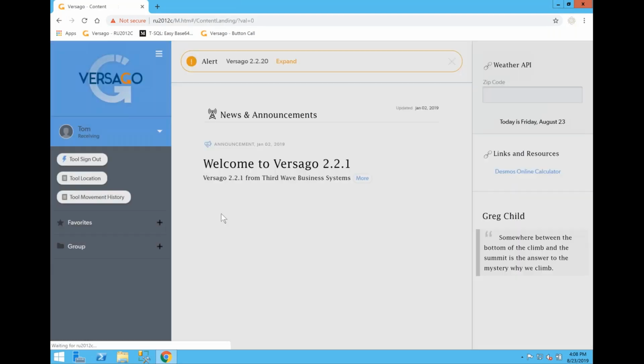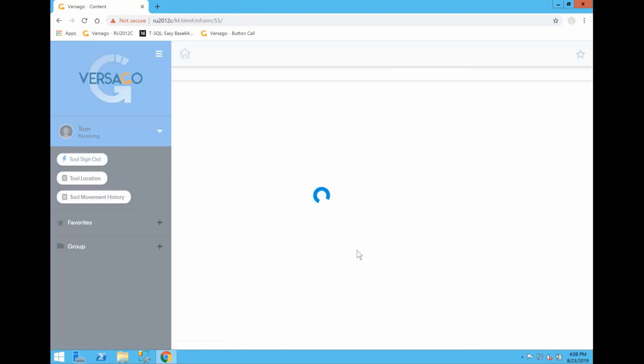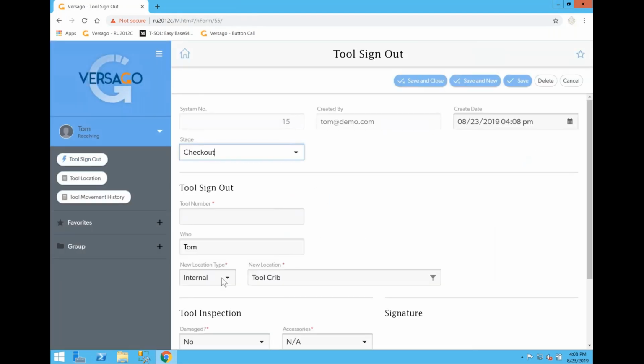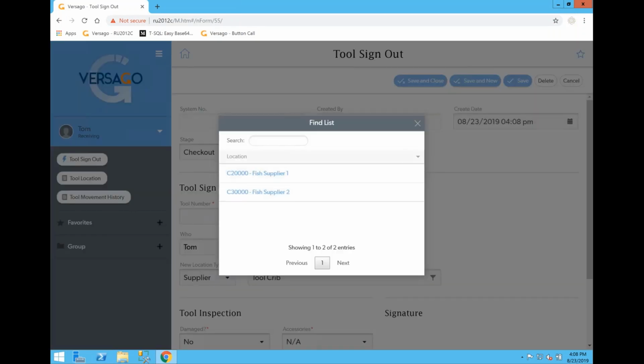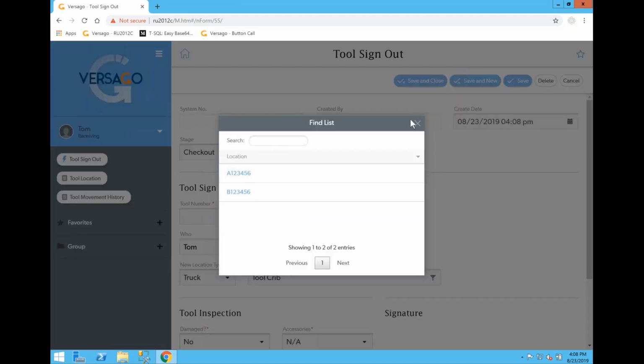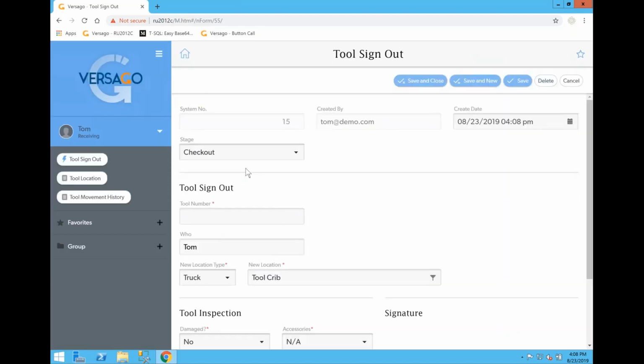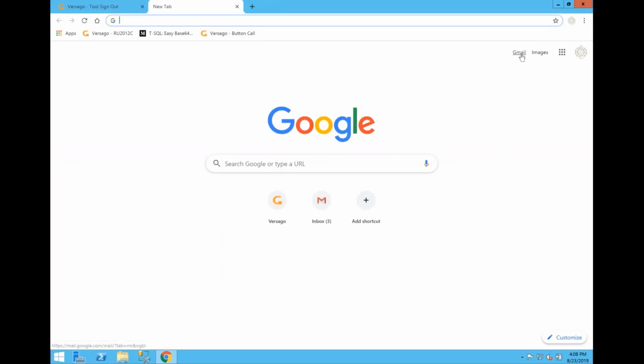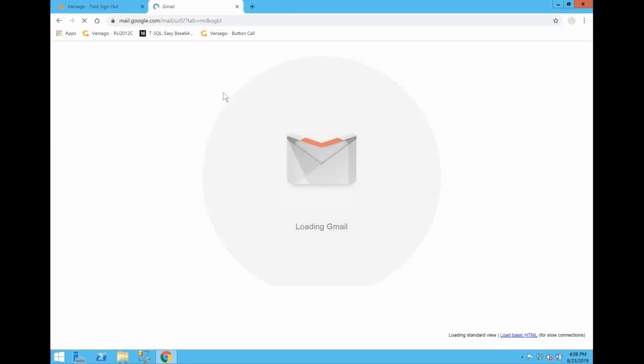And I just wanted to show on this tool sign out, if I choose a location of a supplier, it changes this filter lookup so that it selects only suppliers that I have. And if I were to select a truck, it chooses the locations of the trucks. So very dynamic. I'm just going to open up the email of the purchasing manager here now, and we should